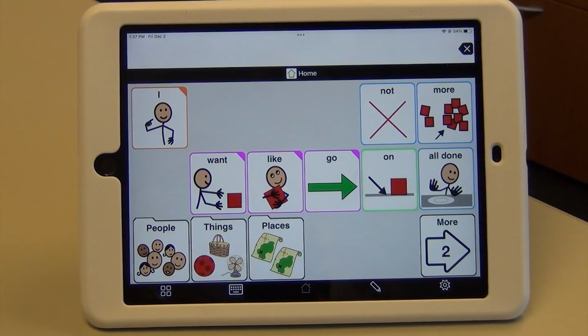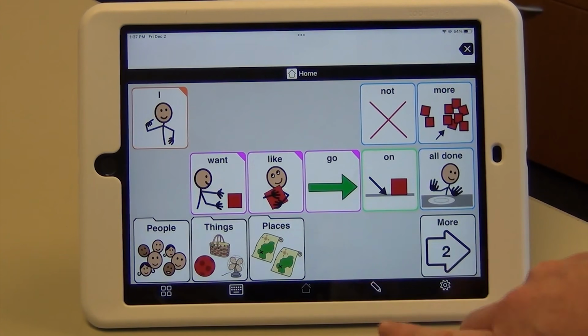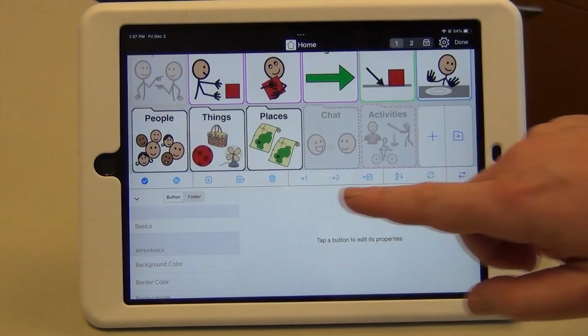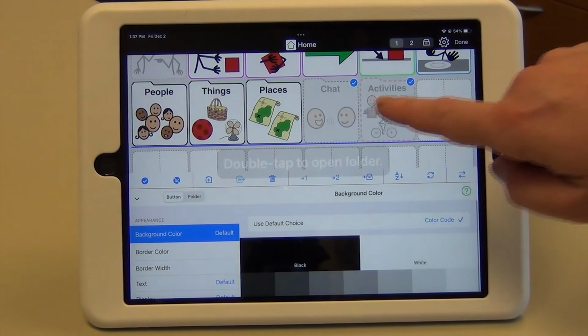In this video, I will show you how to unhide buttons and folders on the Proloquo2Go application. So what you will do is you will select the pencil icon in the black banner at the bottom, and you will see that you've already hidden some folders and buttons. So what you will do is you will tap them to unhide them, and you'll see that when you tap